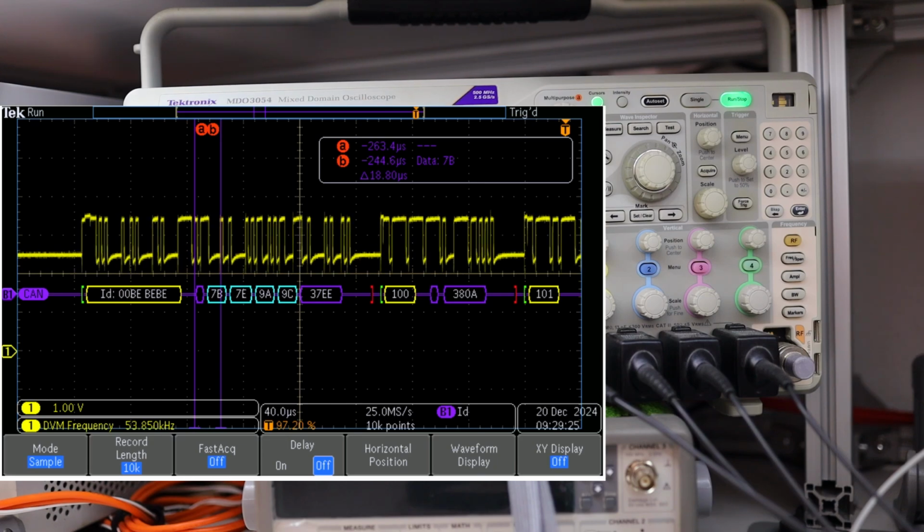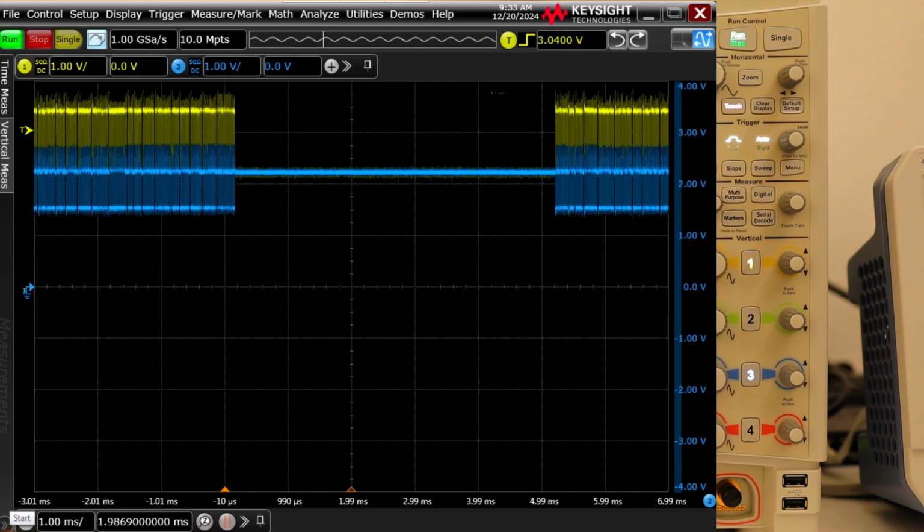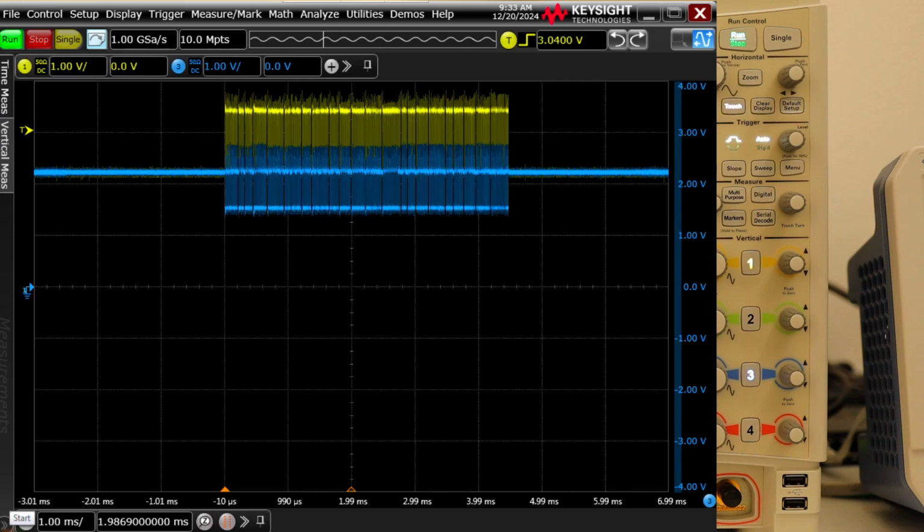I think we are done with the MDO3000 as well, and I'll show you the same stuff with my MSO 804A, and get us covered with third oscilloscope as well. So it was pretty easy to decode CAN bus, and pretty easy to set a trigger based on identifier. We can set up other triggers as well. Everything can be done. Now we are looking at my MSOS 804A 8 GHz oscilloscope, and it's basically displaying the same stuff. It's right now triggering on the edge and going totally crazy, and we will set up